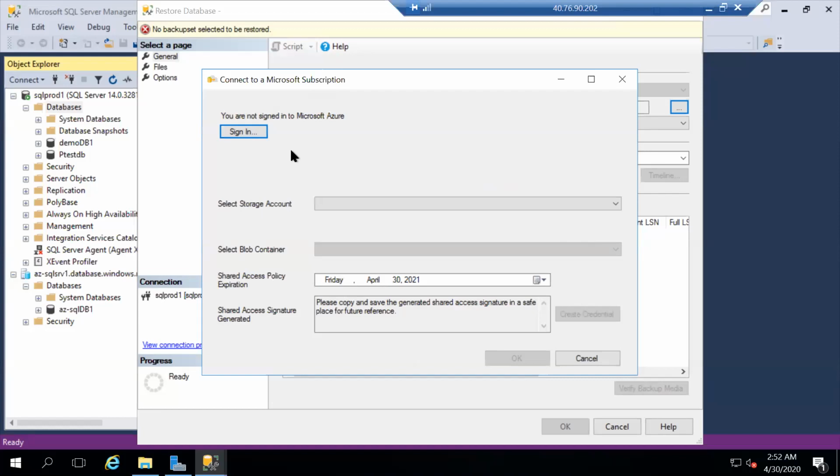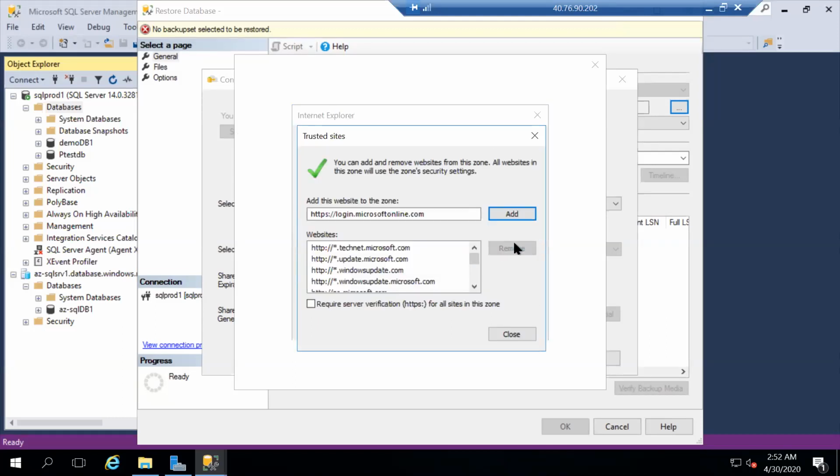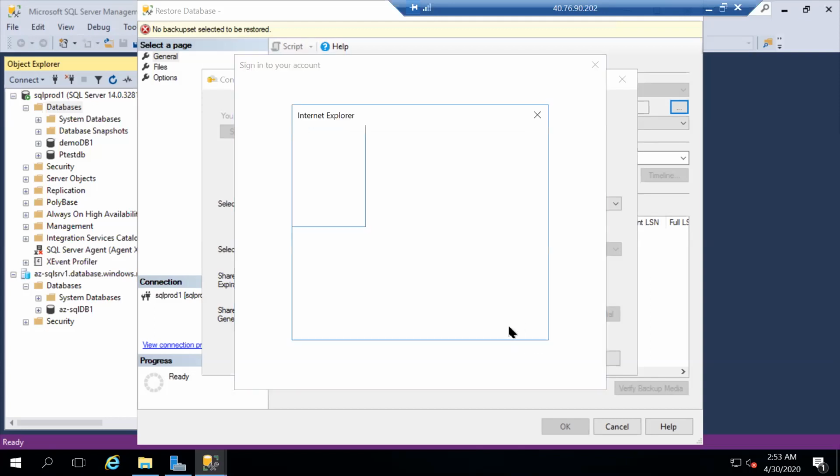So here again it is going to ask me for the credential. Okay, just log in. Actually, in this server we basically require the Chrome one. Okay, so we'll see whether we are able to do it or not.